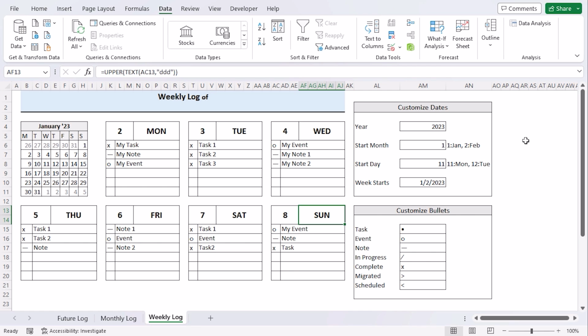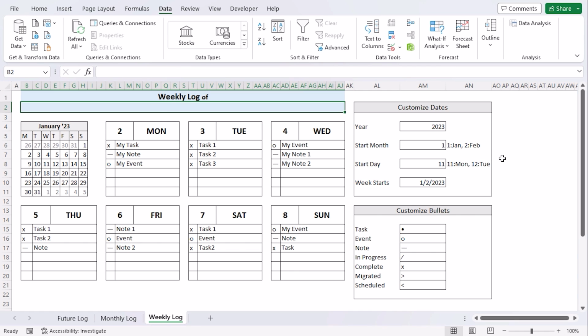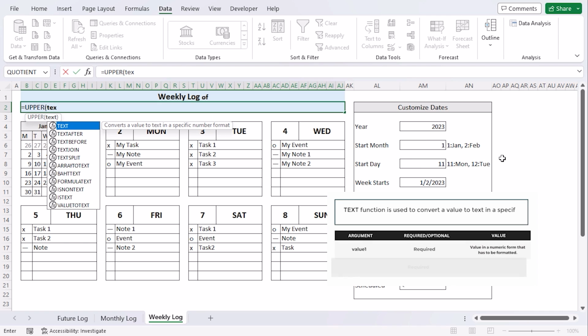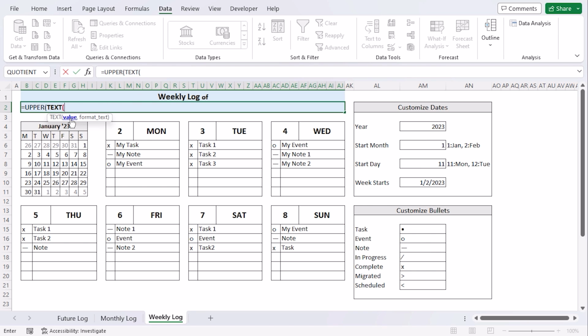Now we will end this example with the last formula. And trust me, it's going to be pretty amazing. Let's insert the formula UPPER to get the uppercase value, then TEXT. Now the value of the text will be K4, the initial date of our weekly log, comma, double inverted commas to format the text. The format will be MMMM, four times, to get the full value of our month, space D, inverted comma, close, closing parenthesis, ampersand, inverted comma, hyphen, space, inverted comma,